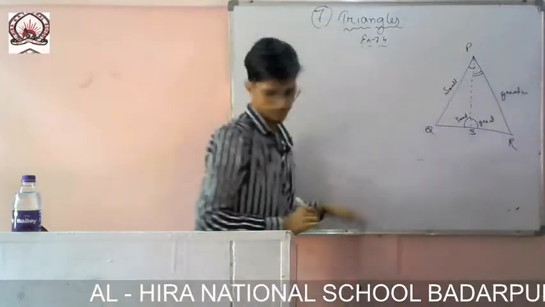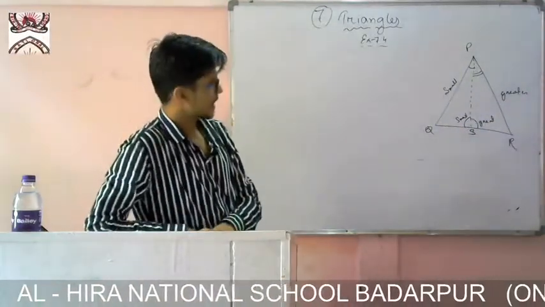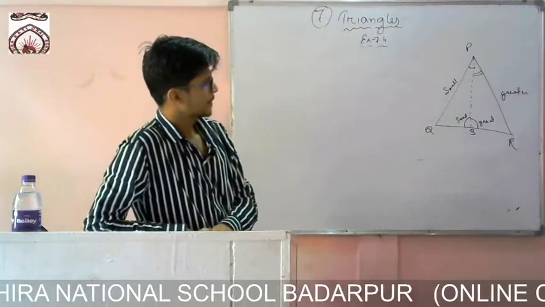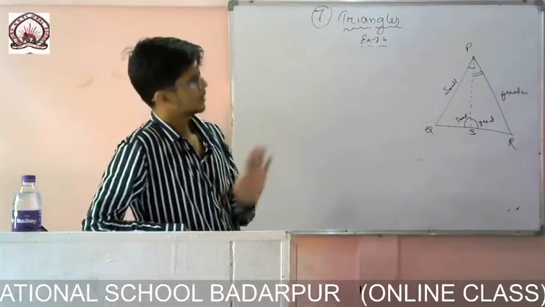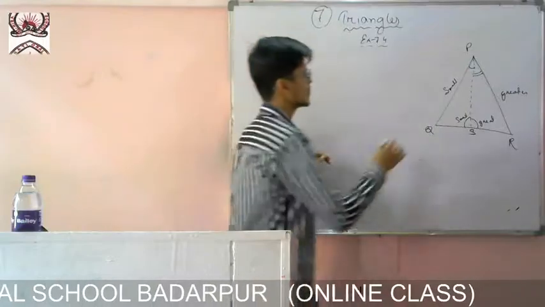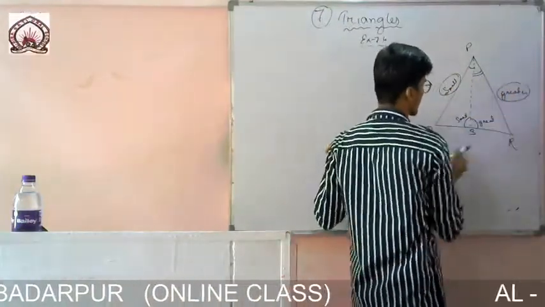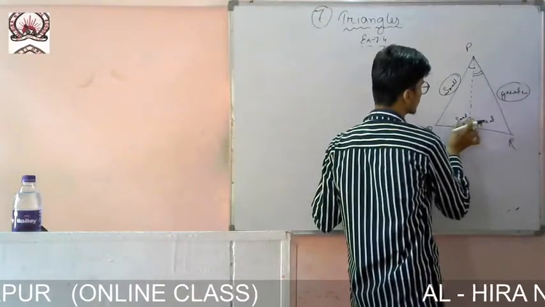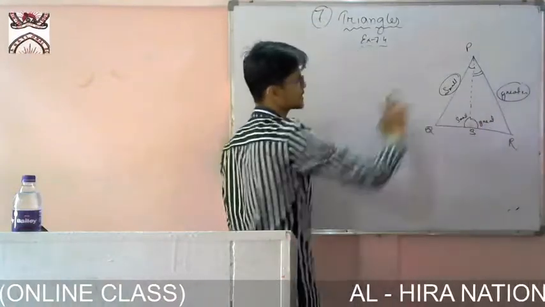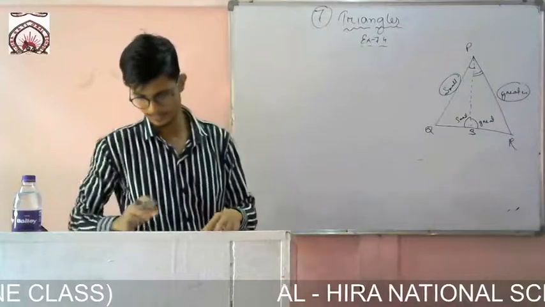Okay. You have to prove that PSR is greater than PSQ. So these are the things. It is given that this side is smaller, this side is greater, and you have to prove this one is the greater and this one is the smaller. No need to draw this thing, okay. This one I have just given for understanding.